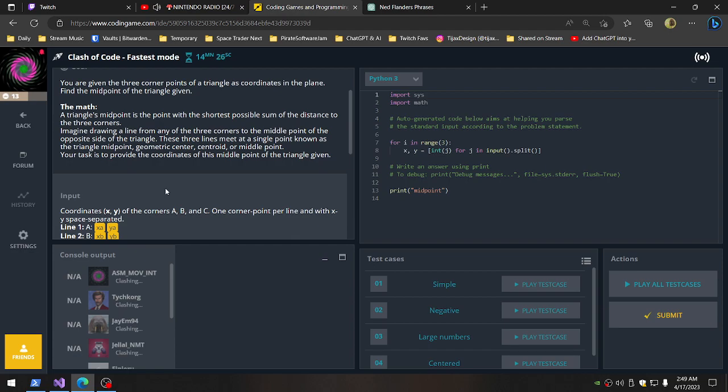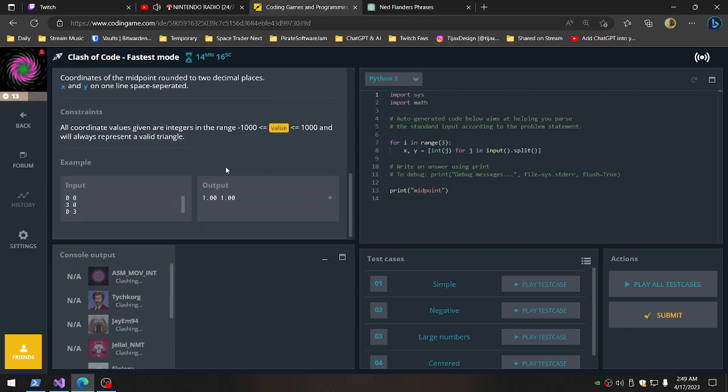These 3 lines meet at a single point known as the triangle midpoint, geometric center, centroid, or middle point. Your task is to provide the coordinates of this middle point of the given triangle. Midpoint. Okay, so